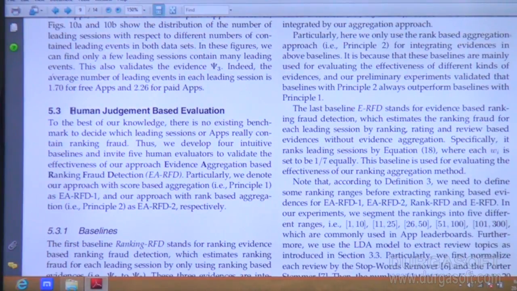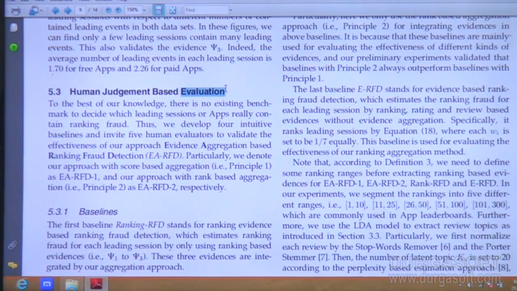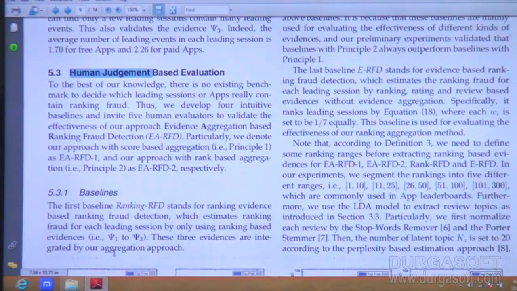In general, as a human we are judging based on the evaluation only, yes or no. First of all, we have to aggregate the evidences. So the humans are evaluating all these things based on the evidences aggregated for the ranking fraud detection. This is what we are going to do here. We are detecting the ranking frauds and based on that we are checking the evidences. This final evidence from the aggregation is majorly used to take a judgment as a human.